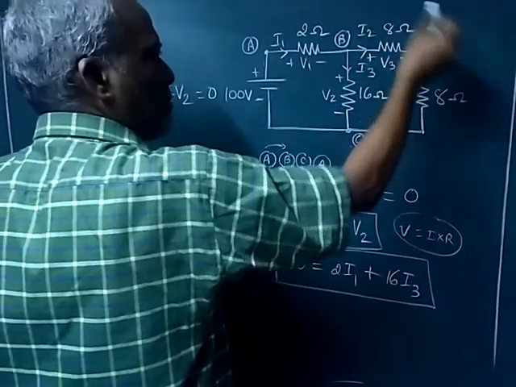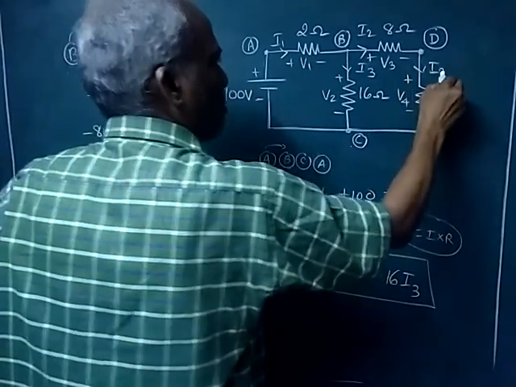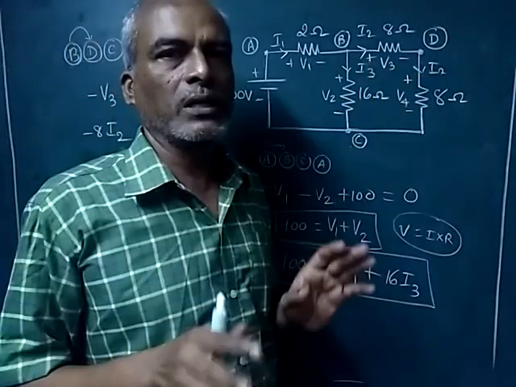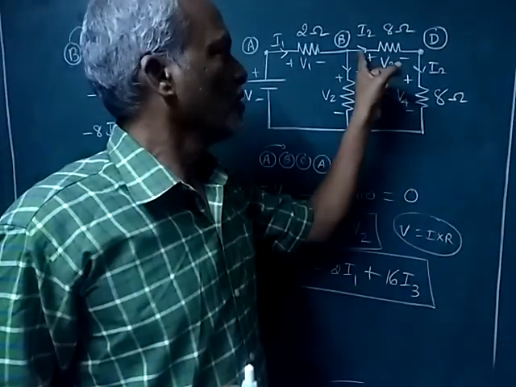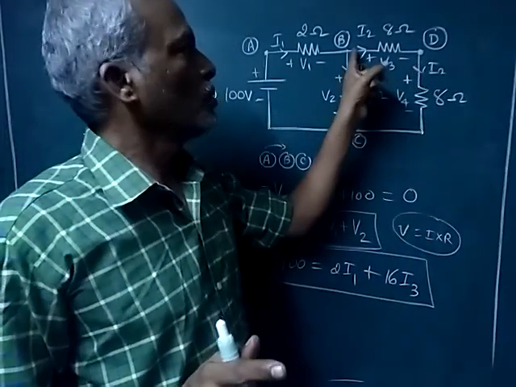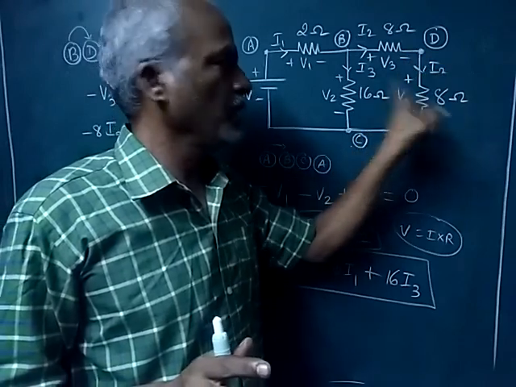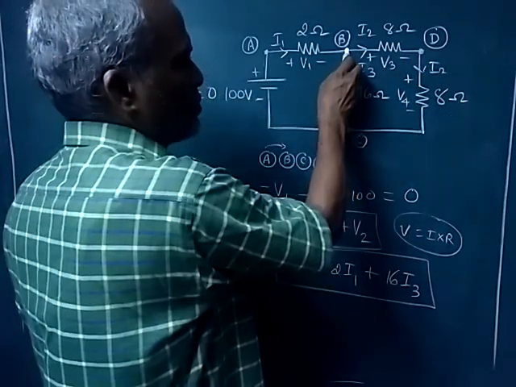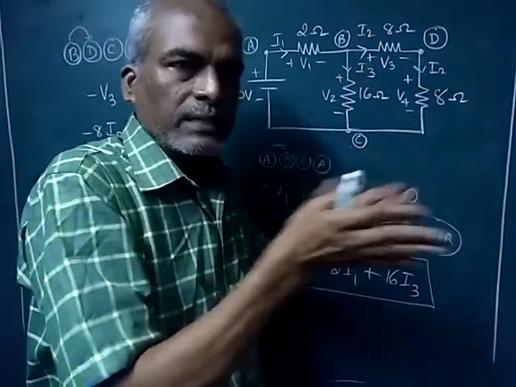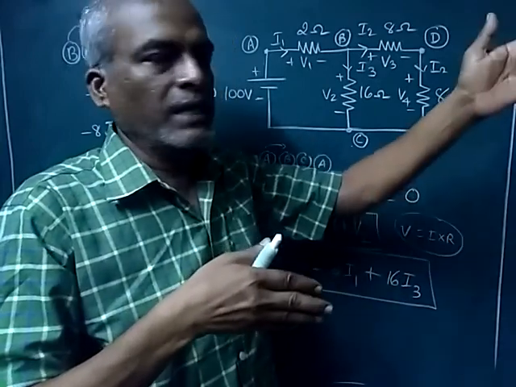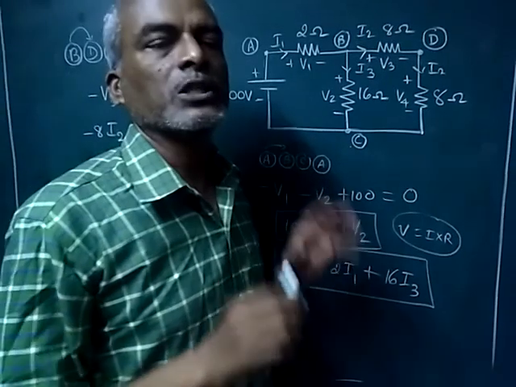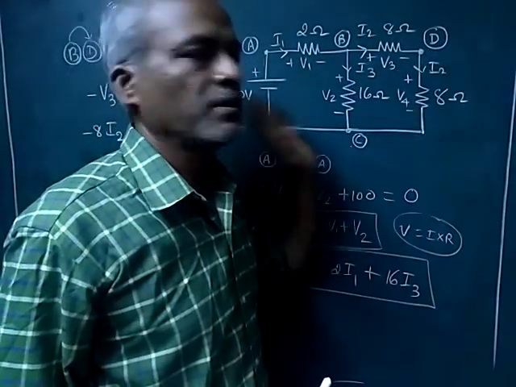So here the same current will flow, because these two are in series. Many of us think that after a resistance the current will decrease. No, not at all. In a series connection, current will be the same. So I2, here also I2. Whereas at this point, current is entering and you have branching out, it sees 2 paths. But here it is a single path. That's why we call it a series between these 2 points.